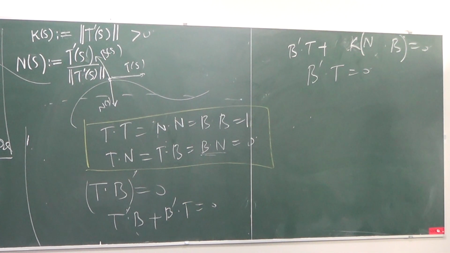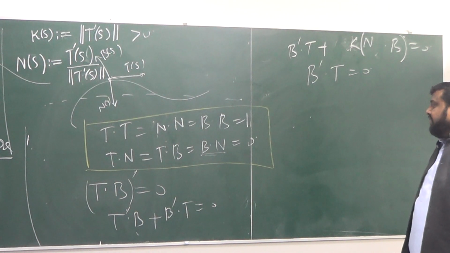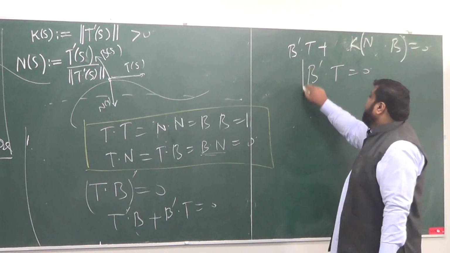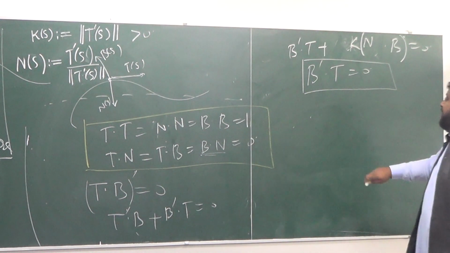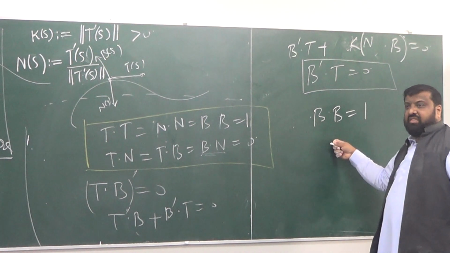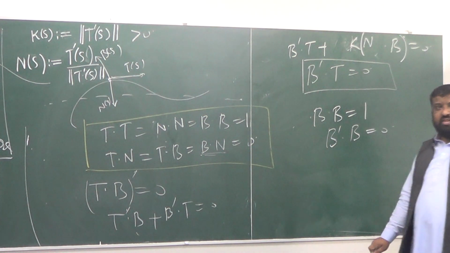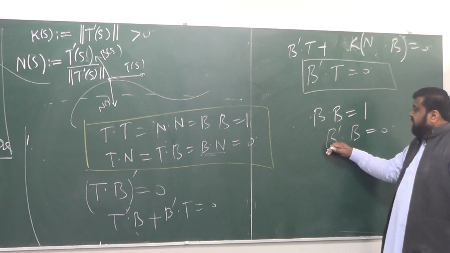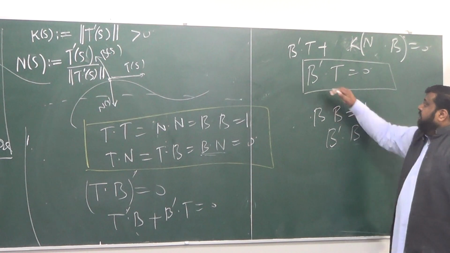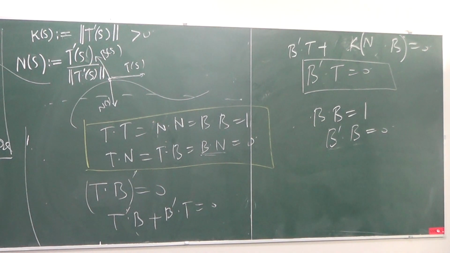So what follows from here is that B prime is orthogonal to T. That's one conclusion, keep it in your bucket. How about if I take this identity now, B dot B equal to 1, and differentiate it the way I differentiated T? I'm going to get B prime dot B is 0. So what did you get? B prime is orthogonal to B and B prime is orthogonal to T. So where is B prime going to be? It must be something parallel to